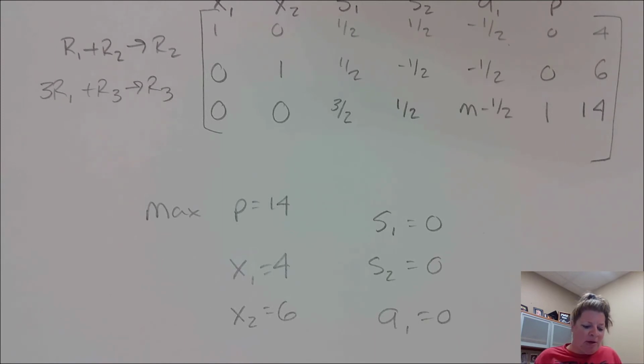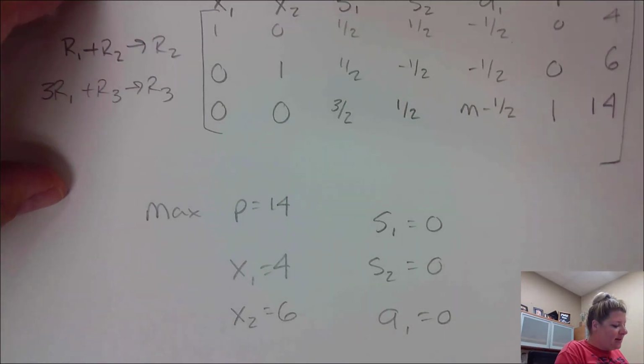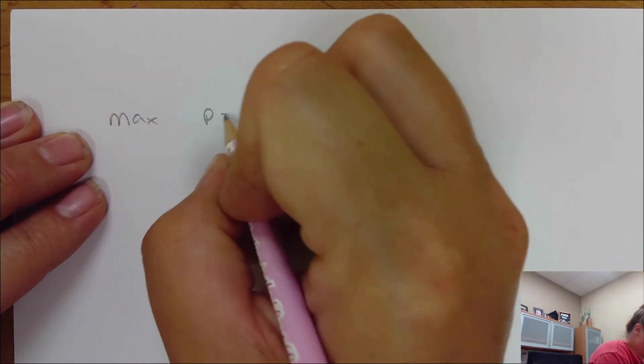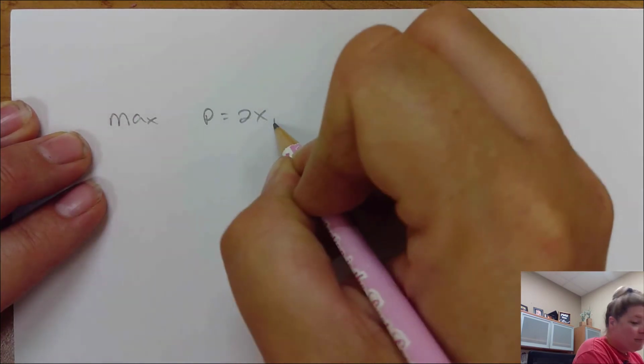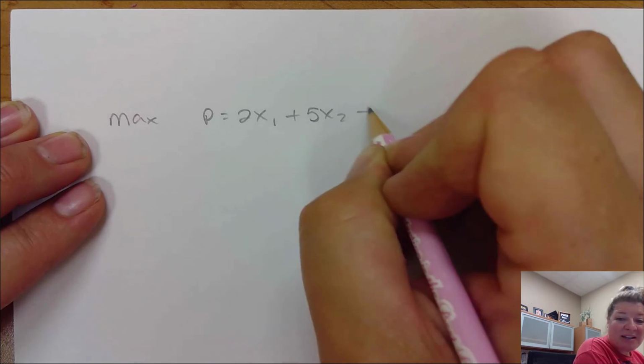Well, maybe I'm going to try to show you one other thing before I make the second video. I just worry because every time I've made a long video lately, which has been all of the Simplex, my computer doesn't actually save it right. Okay, so let's say I'm not solving this. So let's say we want to maximize and we have P equals 2x1 plus 5x2 plus 3x3,